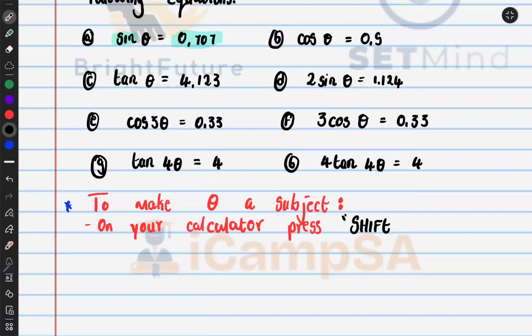For other calculators, I know it's going to be second function. You press shift or second function, and then